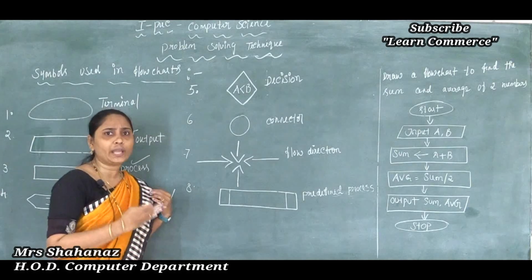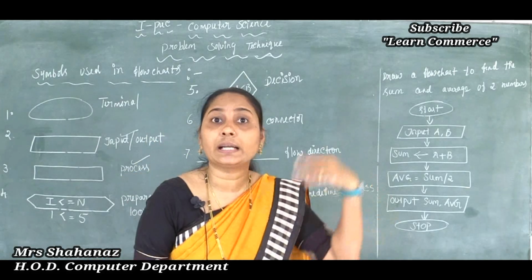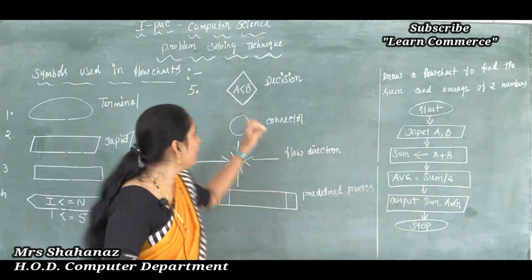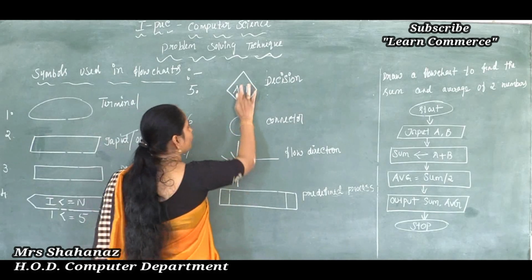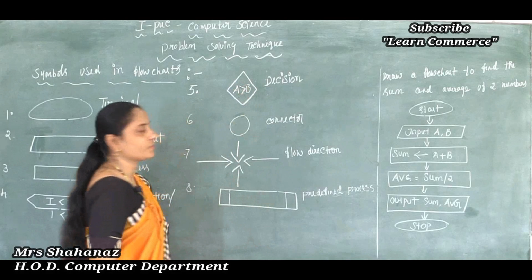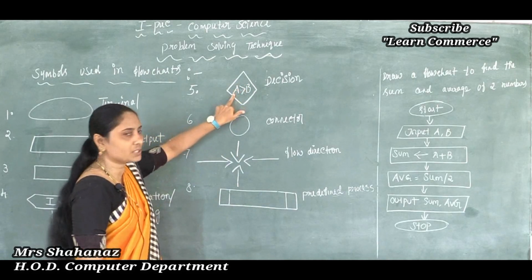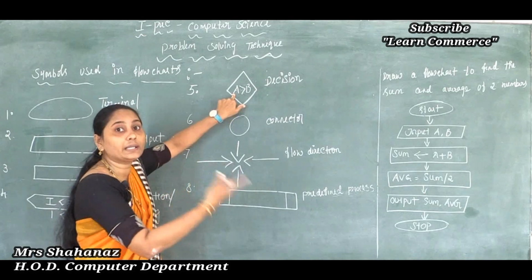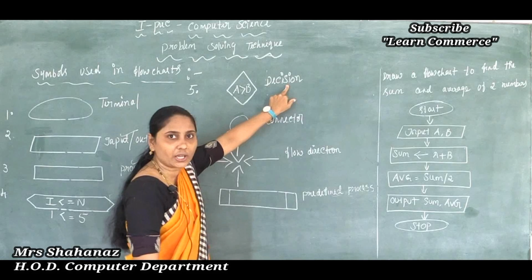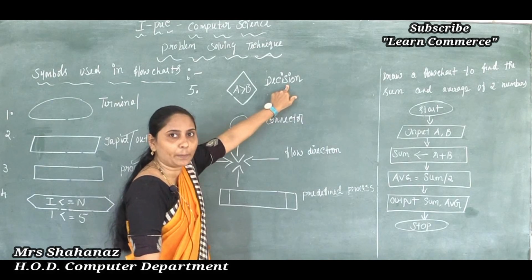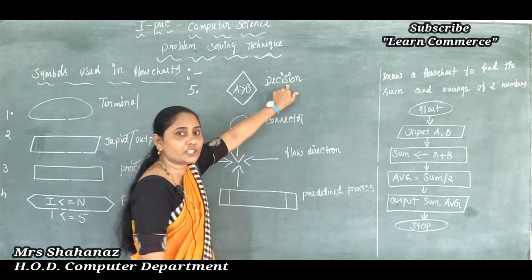I am going to take one condition and check whether the A value is greater than B here, or maybe the A value is less than B. In case you want to check whether A is greater than B, we need to change the symbol to greater. So this is A value greater than B. We can say this symbol is called the decision, and it is used to represent the conditional statement.